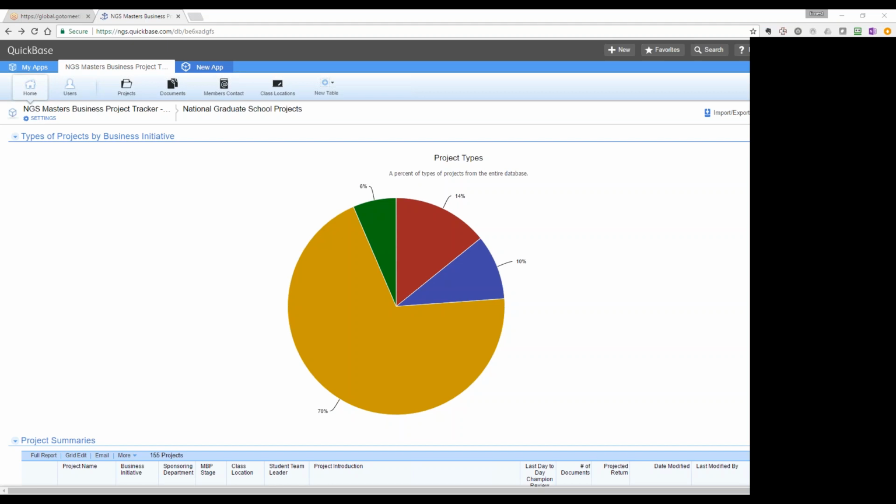It's basically a Quicken database. I think NGS initially established this for the Coast Guard, because they had a Coast Guard-wide contract, and they wanted to be able to have all these projects the Coast Guard was doing, so they can go back and refer to them and make it available to a broader audience than just the students that were coming through the NGS program. And from that it expanded to all NGS teams.